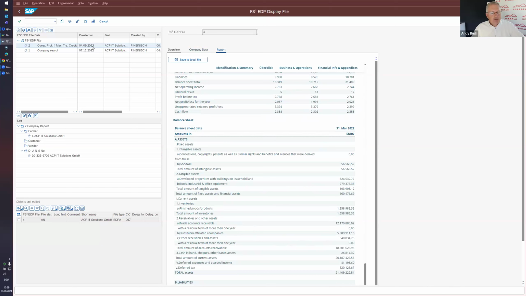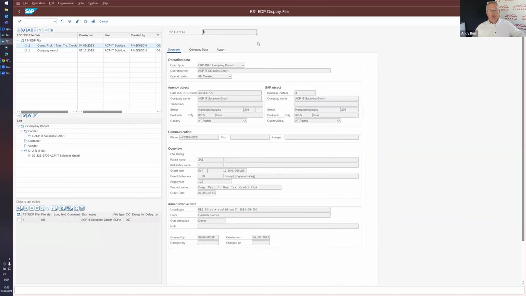So you get this information as well as all updates, right? It might be that the company's data is changing over time. So in the past, you might have used the DMB portal to get any updates, or maybe you got an email, even had to take care of everything that is related to it. That's something we do automatically as well. So once there is a change available, your SAP system, your DMB Direct Plus gets informed. It fetches all the data.